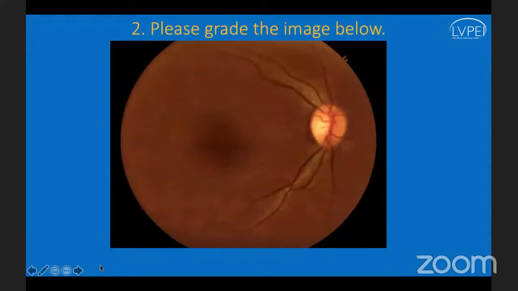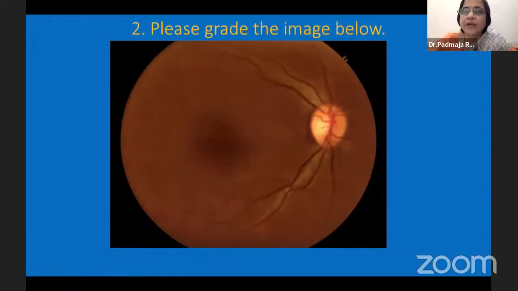Please grade this image. We classified diabetic retinopathy as normal, mild, moderate, severe, PDR, and DME as mild, moderate, and severe. So grade this image. This comes with a responsibility. When we are having a diabetic retinopathy classification extending to both allied and physicians and across the specialties, an image has to be specifically looked into, whether there are any red dots like microaneurysms, whether there are hemorrhages, whether there are any yellow lesions like cotton wool spots or hard exudates. So what do you think?